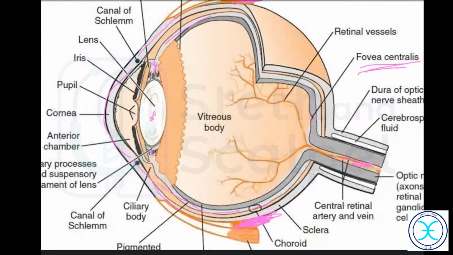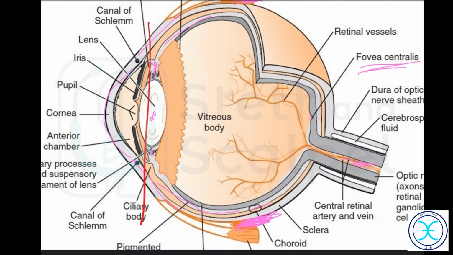We were talking about the different regions of the eye, right? So we'll split it into the anterior segment and the posterior segment. You all know that the anterior segment is anything in front of the lens. So this will be your anterior segment. Everything behind this will be the posterior segment. So talking about the anterior segment, we start with the conjunctiva. Does anyone know the parts of the conjunctiva? Palpebral conjunctiva and bulbar conjunctiva. Okay.